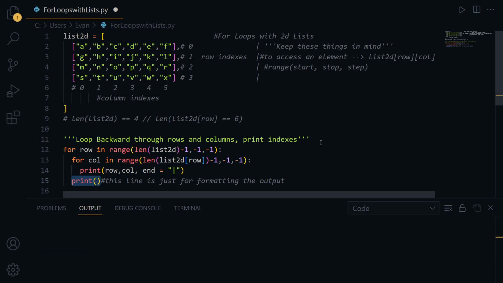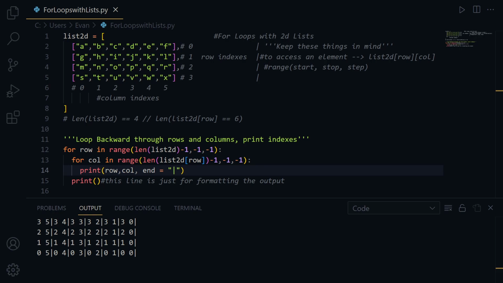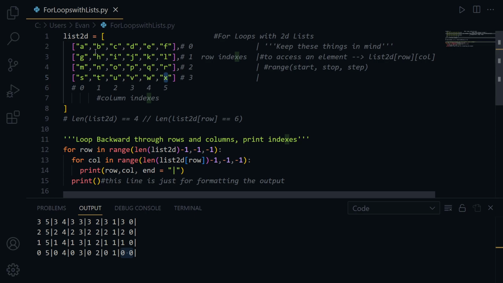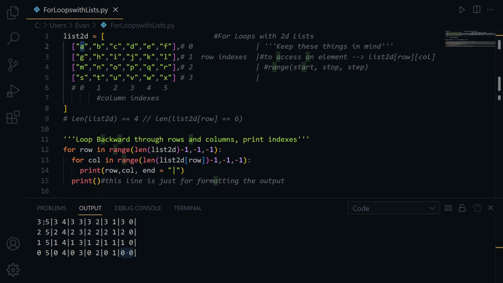Let's hit run. Actually, let's hit save first, and then let's hit run. Let's see why it's having an issue here. All right, there we go. So you see, we've got 3, 5, and we've got 0, 0. So 3, 5 is right there. That should be X, and 0, 0 is right there. That should be A. So you see, very interestingly, that it should be totally reversed because we went backward through